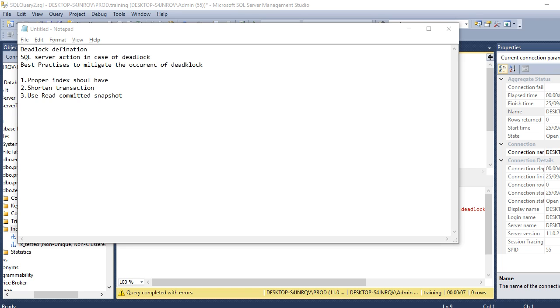SQL Server will terminate any one of the transactions based on the work that has been done by that transaction.